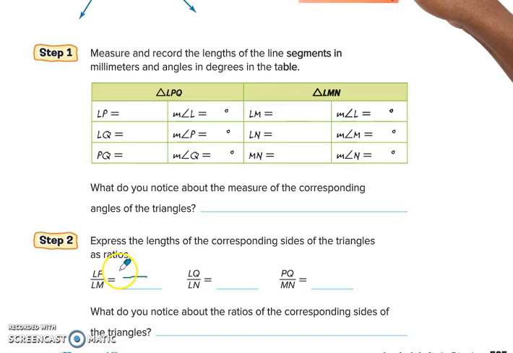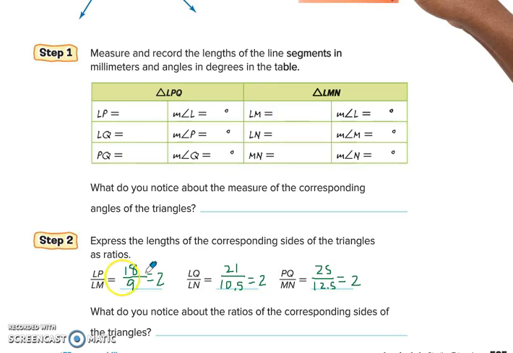as a ratio. So LP was 18, LM was 9, LQ was 21, LN was 10.5, PQ was 25, and then MN was 12.5. Now if you were to simplify all of these and reduce them down, divide them and simplify them out, we'd actually get 18 divided by 9 is 2, 21 divided by 10.5 is 2, and 25 divided by 12.5